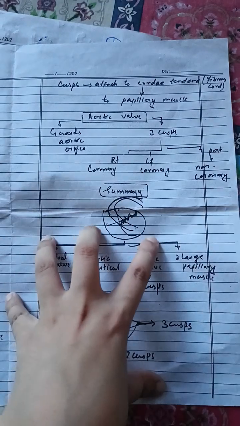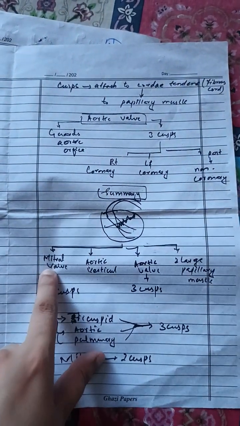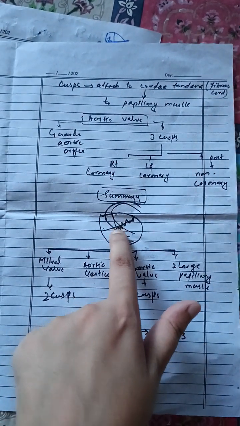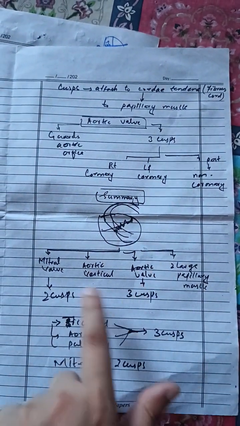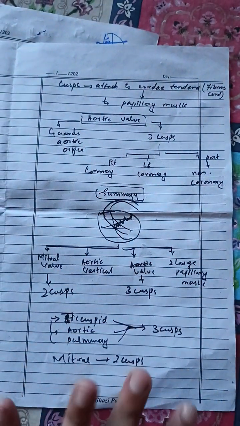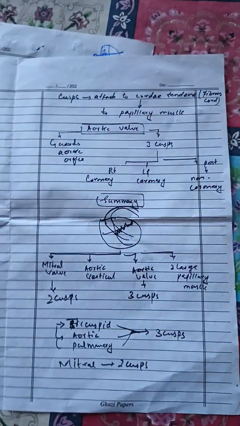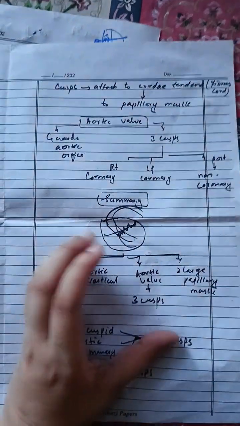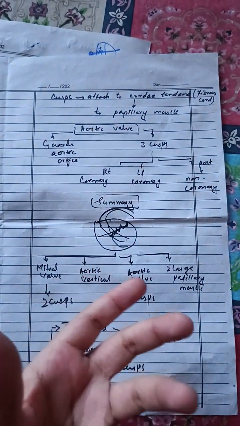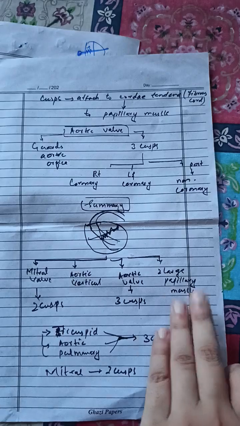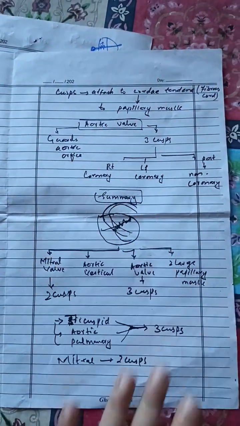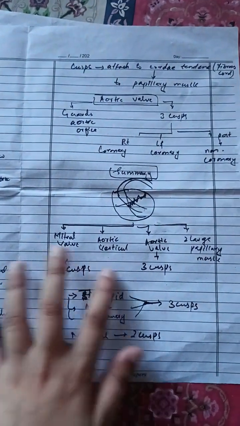In summary, the left ventricle consists of the mitral valve between the left atrium and left ventricle, and the aortic valve, which guards the aortic orifice. It also consists of the aortic vestibule, which is a narrow funnel-like area. It consists of two large papillary muscles, and the trabeculae carneae, which are muscular bundles, muscular folds, which include two major papillary muscles, and there is no septomarginal muscle in the left ventricle. And we have discussed the valves of the right side.